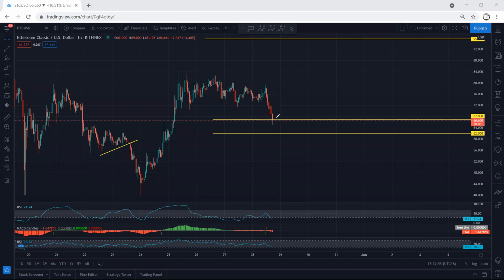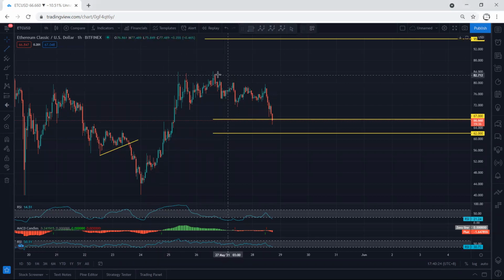That means we can get one move similar to what I drew here. The price can continue similar to what I drew here if it's going to give us a deeper correction. Then how can we look for trade? Right now, we don't have any trade setup, either for buy or sell. If we get a reversal, we can look for buy, and with the breakout of this top, which is around 80, what is the exact value? 79.5, we have to start to manage.